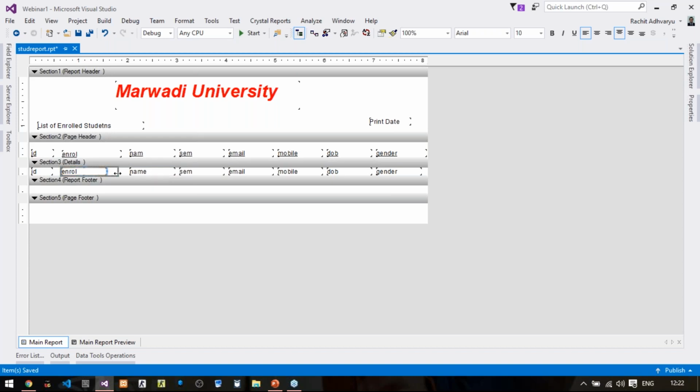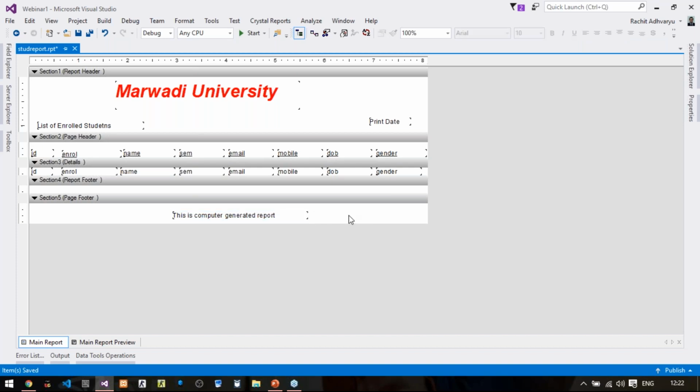I will write "This is a computer generated report." This type of line you see many times in your e-bills. So yes, my design and the layout of my report is ready now.